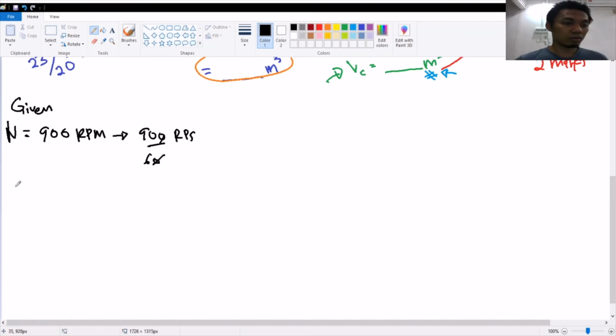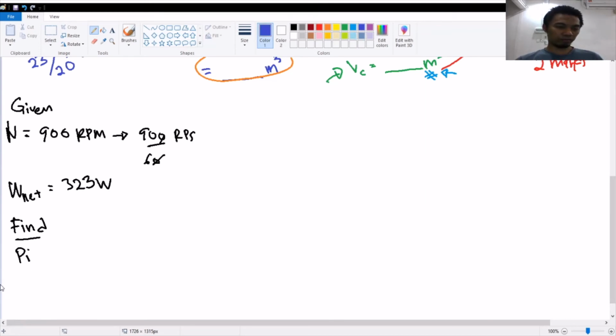Again, the question gives us work net equal to 323 watt. Find: the question asks you to find PI. How to find PI from the given information? Solution, change it to blue. Solution,